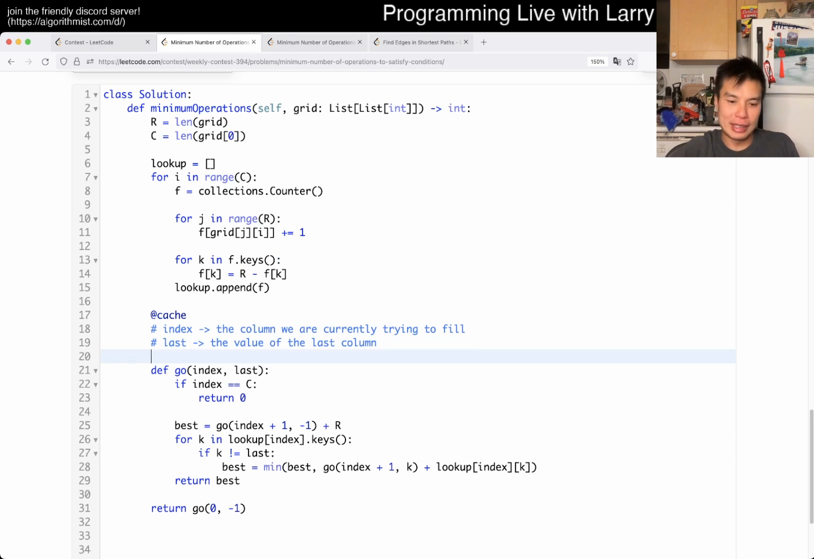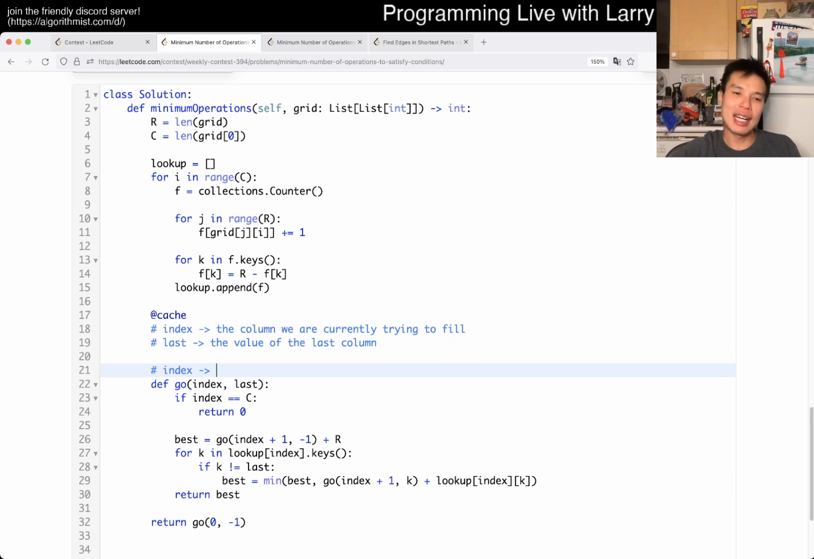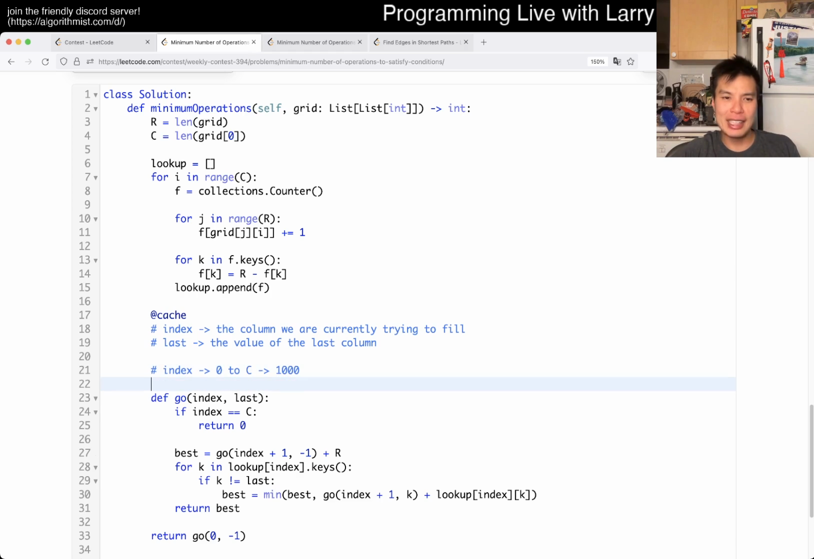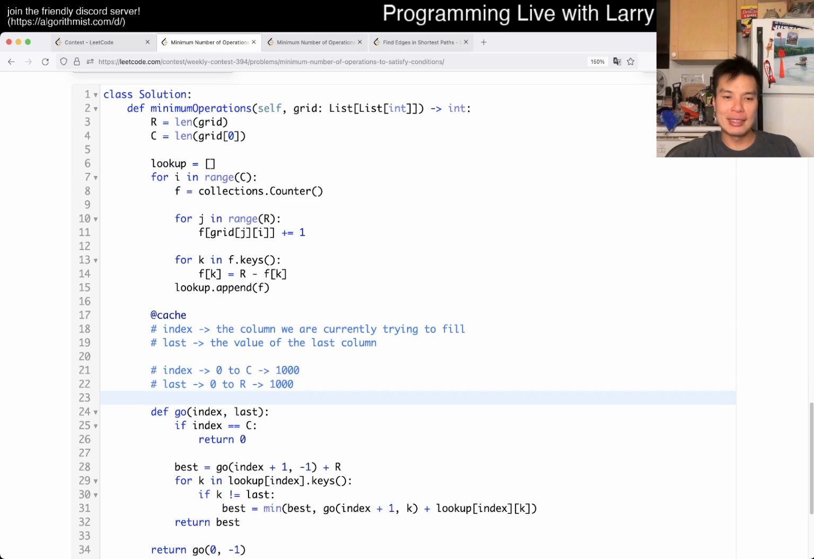So what is the idea, right? So index, what can it be? Index can be 0 to N, or 0 to C, sorry, which is up to 1,000 in this case. Last can technically be 0 to R because you can have R distinct characters. I'll go over it in a second if you are reading my mind, which is 1,000, right? And then,